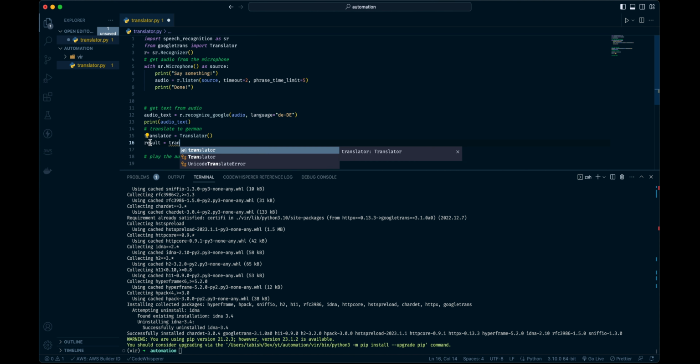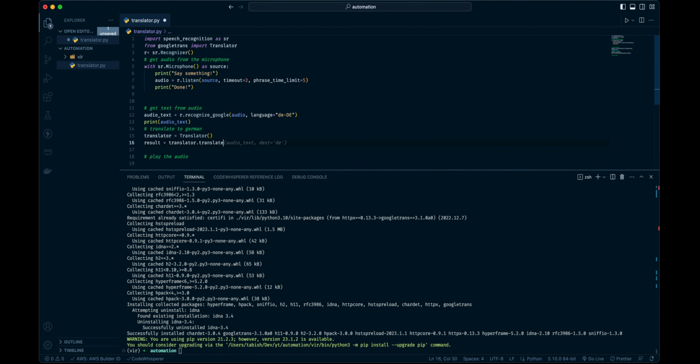We'll put the result in this variable called result. So translator.translate the audio text to German, dest='de', which is basically German, and print result.text. The reason you're using de is because that is how this package interprets German as a